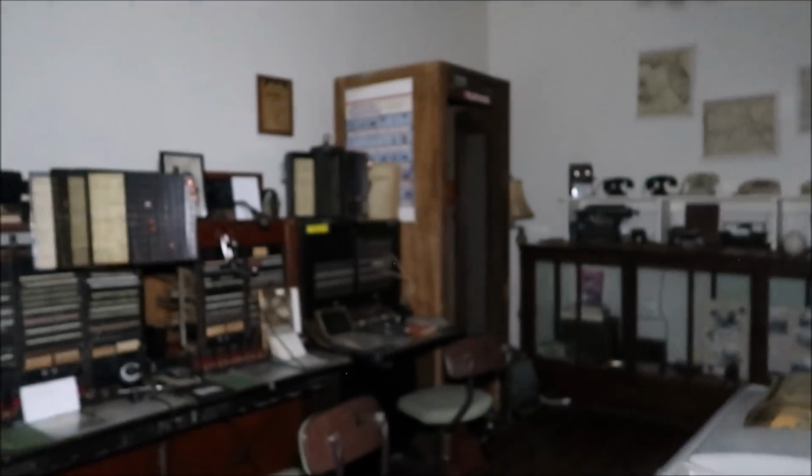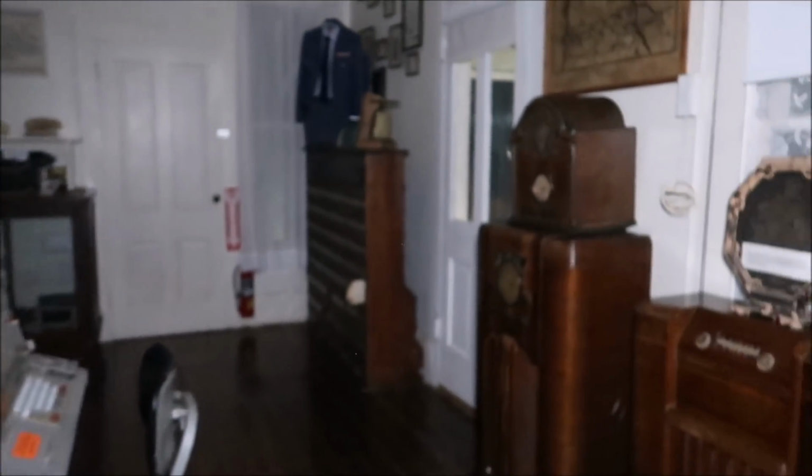Okay. So, let's go over here. Now, this was supposed to have been John May's office. I would have thought this would have been the master suite, but I guess if he needed an office, this was the...